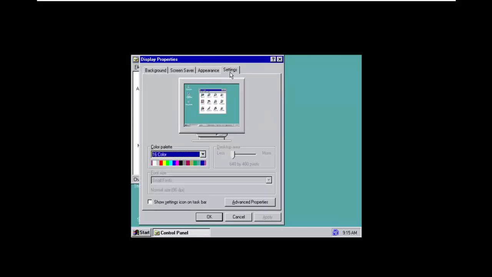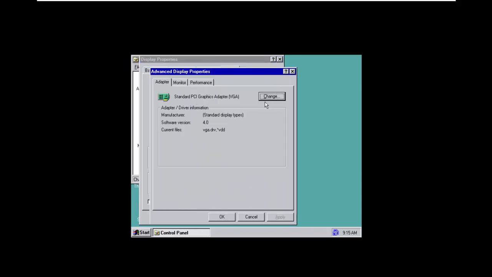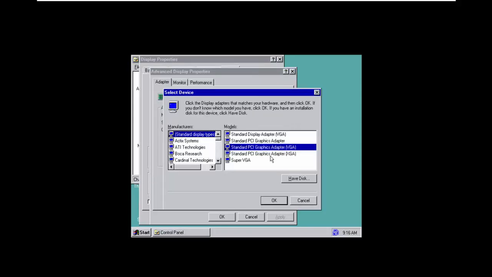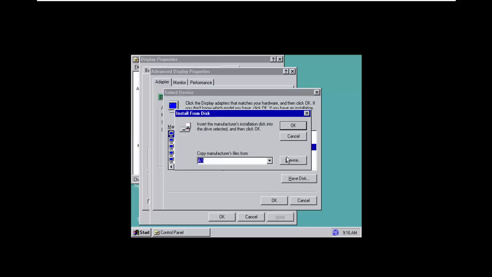Display, Settings, and we can click on Advanced Properties. Now we're going to have to change this driver. Now the nice thing about this is that we actually have the disk for it. So we click on Have Disk, click Browse,